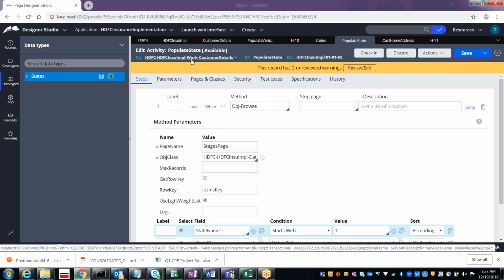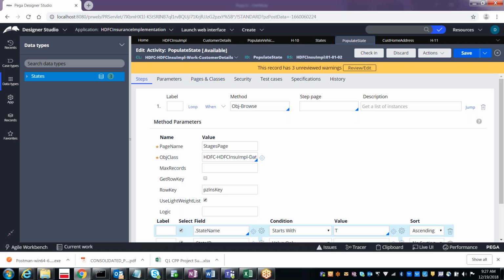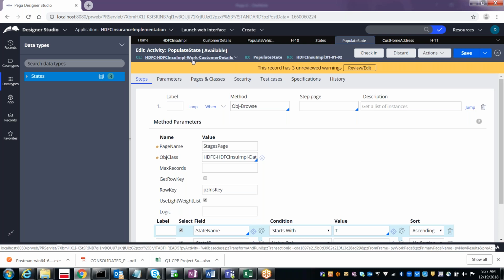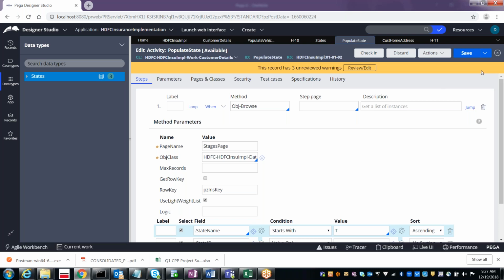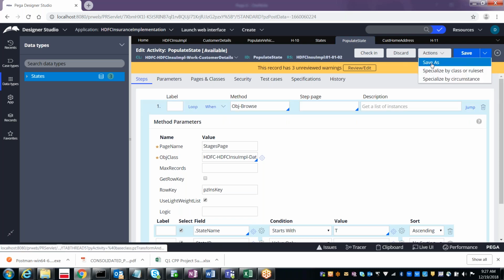So how can we resolve this issue? We can move it to the parent class instead of customer details. How can we move it? Save as.